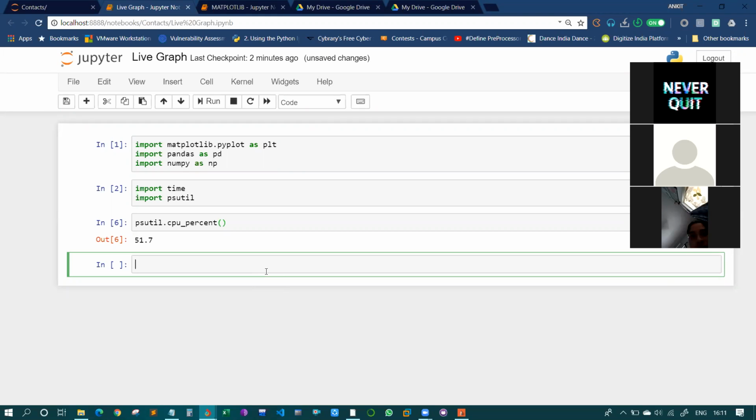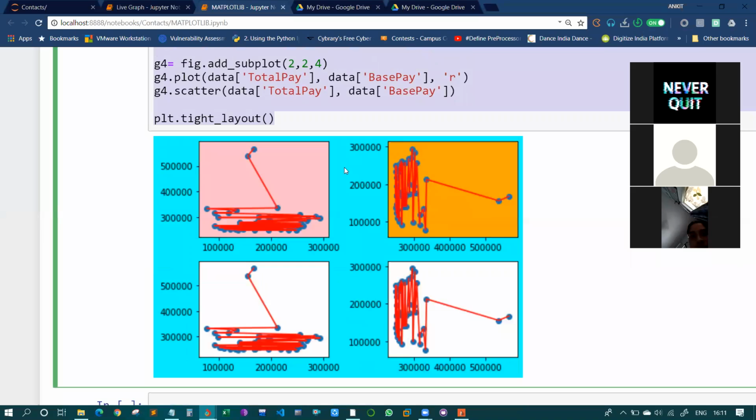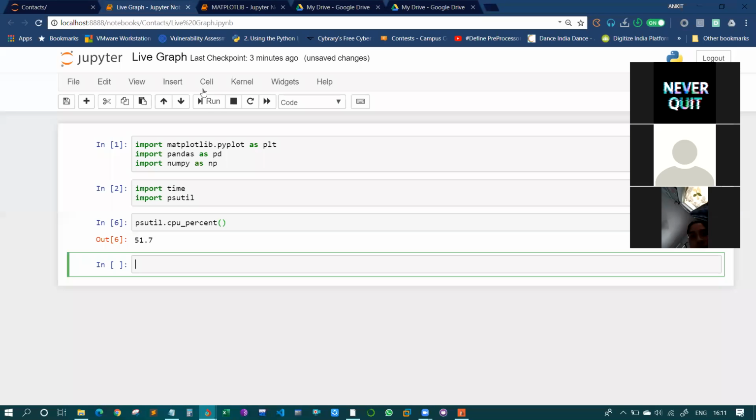this live graph cannot be plotted on a normal canvas. Whatever canvas we have created previously has a limited size and can hold limited data, like a graph paper, which can also hold only a limited amount of data. If you have a huge amount of data, those kinds of canvas cannot handle it. So we need to create a special canvas which can work with real-time data, and we need to configure it so that it can support live data, a live graph.